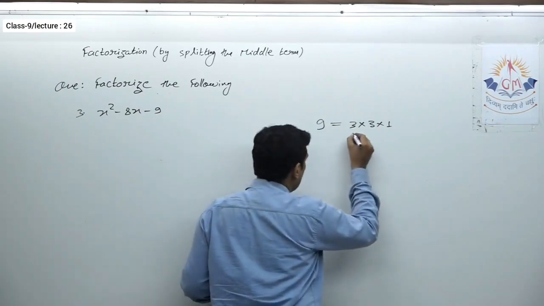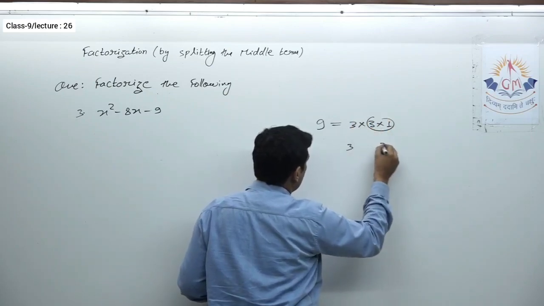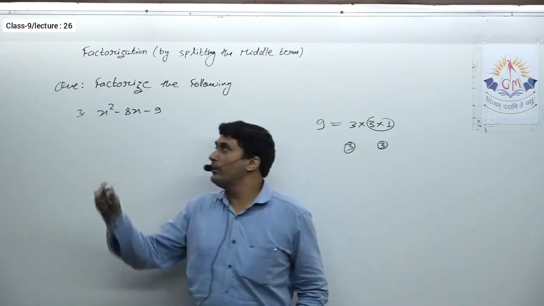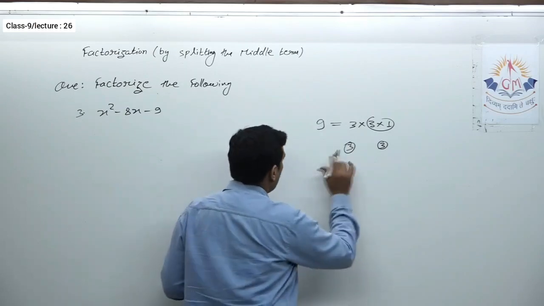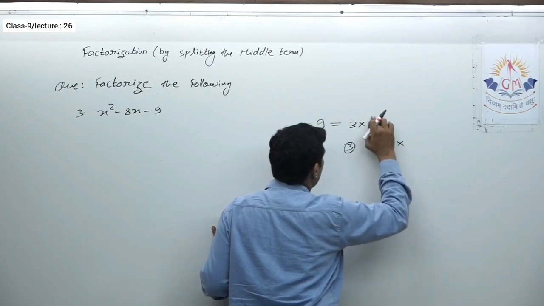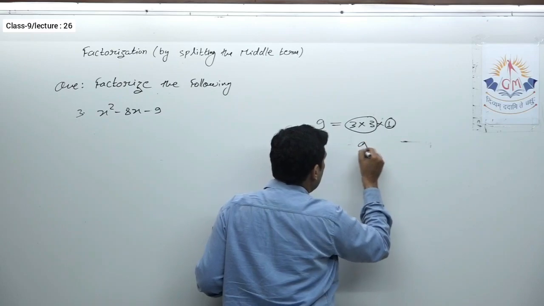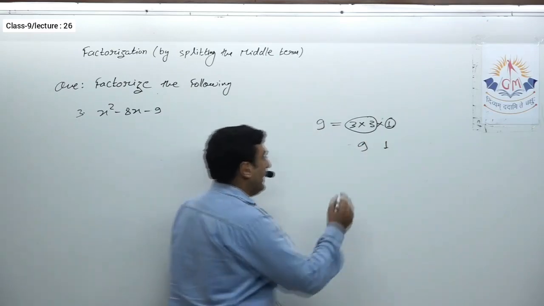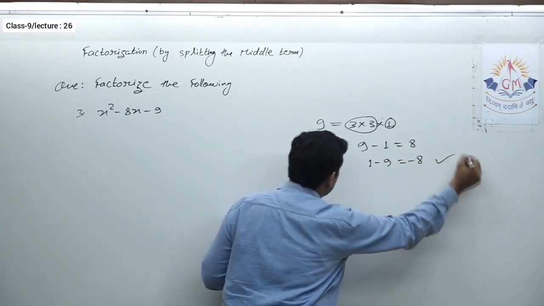Okay, so if in the first group I take this 3 and in the other I take the rest together, that is again 3. Definitely neither their addition nor their difference is going to give you 8. 3 plus 3 will be 6, 3 minus 3 will be 0. So this is an incorrect combination. Now next, there is only one more possibility, that is this and this alone. So this gives you 9 and this gives you 1. Now their difference is definitely 8. 9 minus 1 is 8, and 1 minus 9 is minus 8, and we need this.